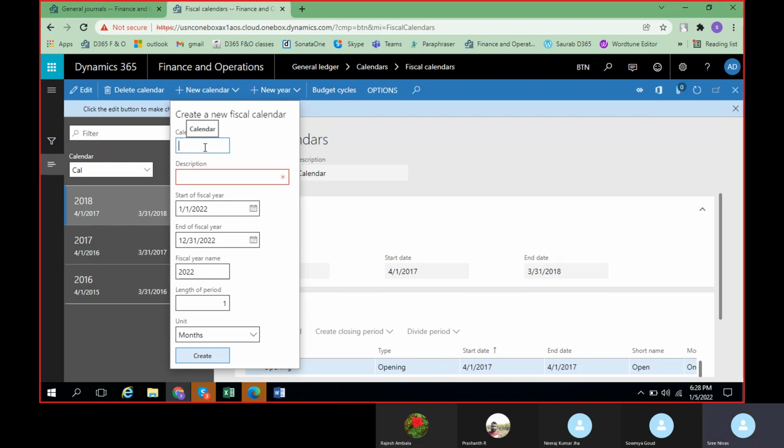We can give the name. I'll try to give BTN. Under the description, we'll give fiscal calendar. And you can decide the start of the fiscal year. In general, in the US, they follow the calendar from January 1st to December 31st.